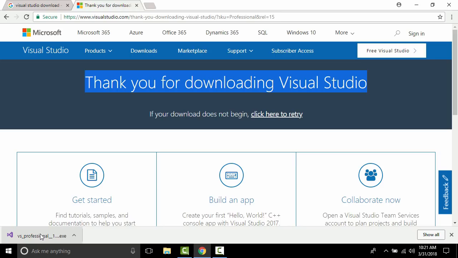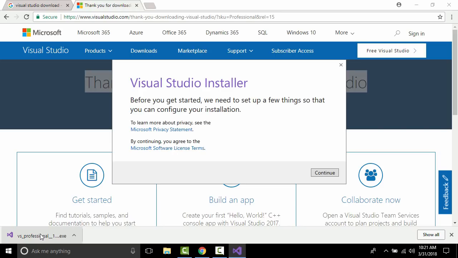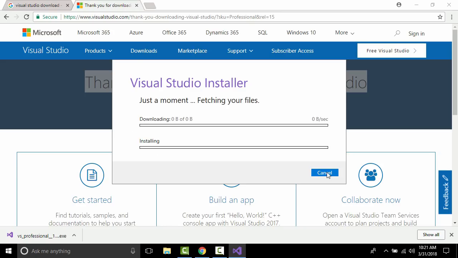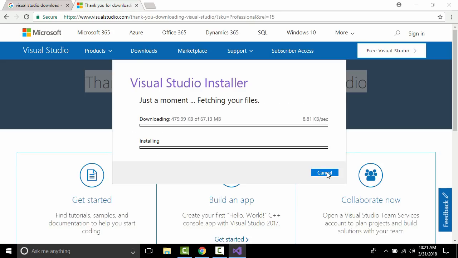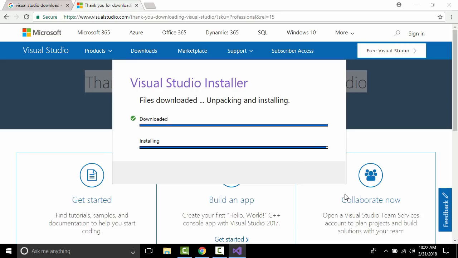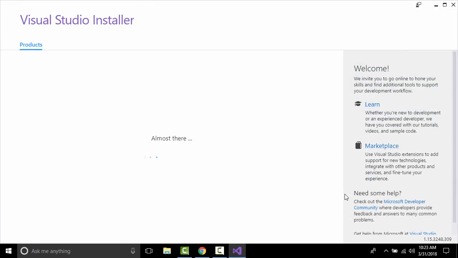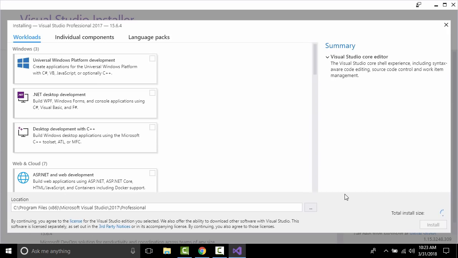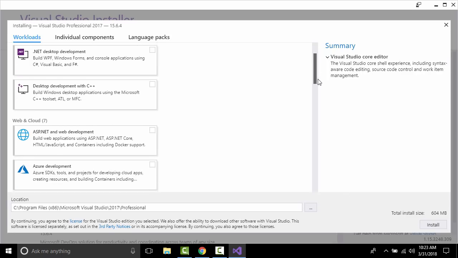Let's wait a few minutes. Click continue. The Visual Studio installer will download, and it will check my configuration. Based on my configuration, it will detect which components to download and which ones are already installed. Scrolling down,